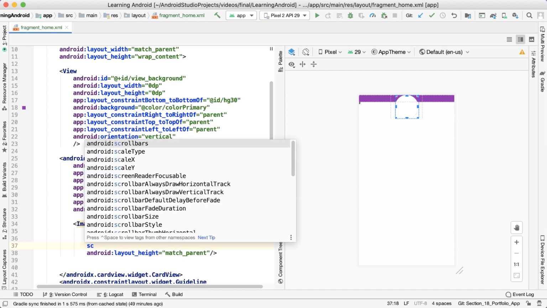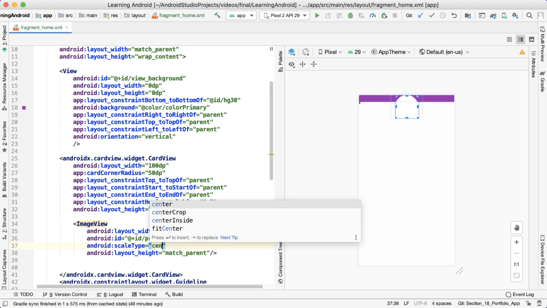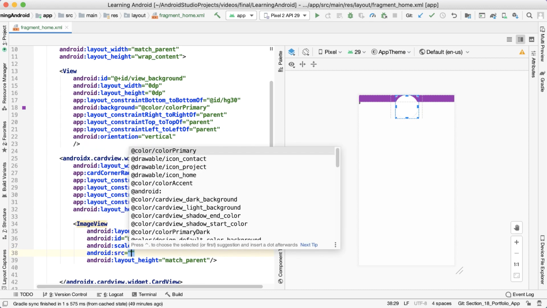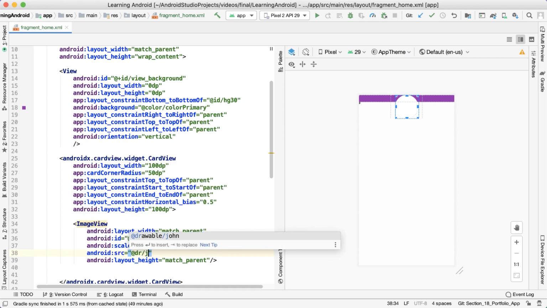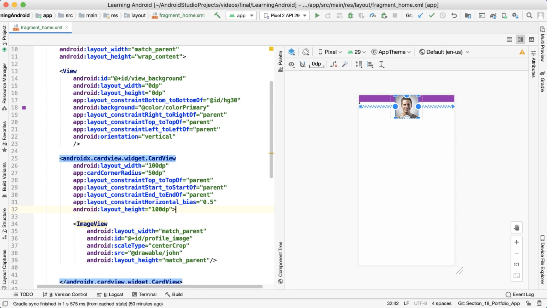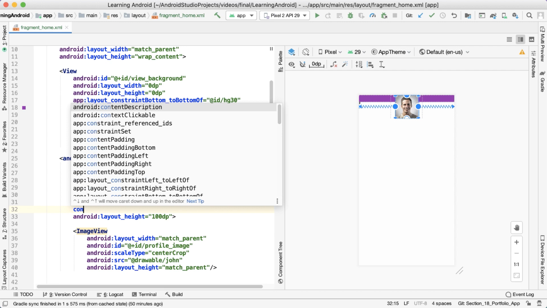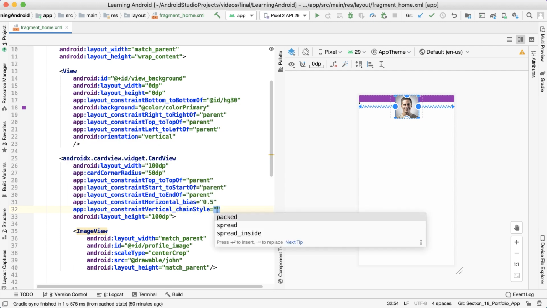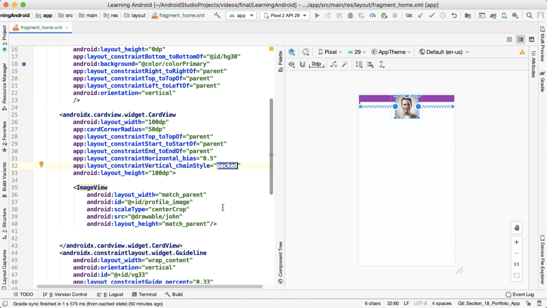And we're going to say scale type as center crop, and let's assign the source as @drawable/John. And I'm going to provide this image as your resource file, or you can use your own image. And in my card view I'm going to add one more constraint, and I'm going to say constraint vertical chain style as packed. And whenever we add the packed option in here, our child view will be at the center of our layout. So if we add this spread, our child view will try to occupy as much space